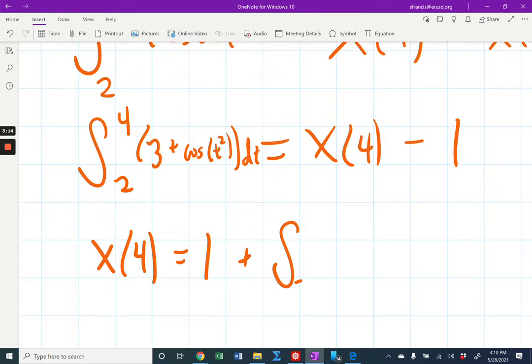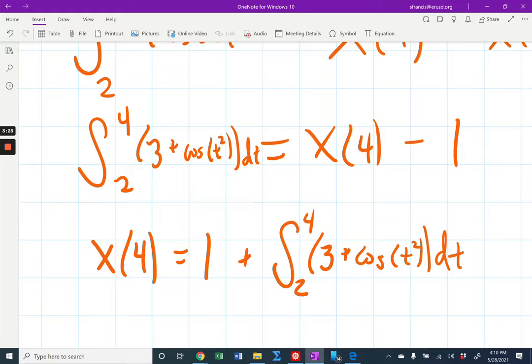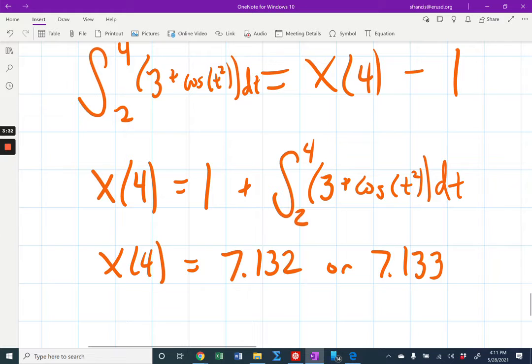Again, this is a calculator active question, which means you just go over to your calculator and type in all of this stuff on the right-hand side, and that's going to be the answer to the question. I'm going to pause the video and go do that in Desmos, and then I'll come back and write the answer down. All right, when you go type this into your calculator, you get